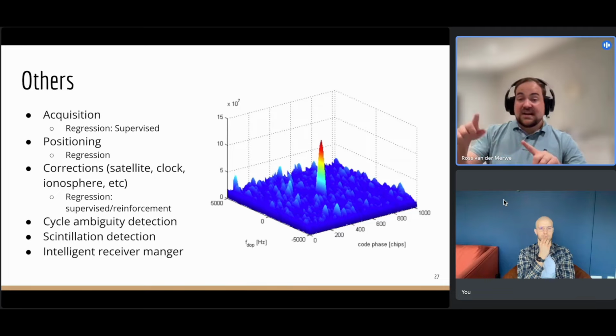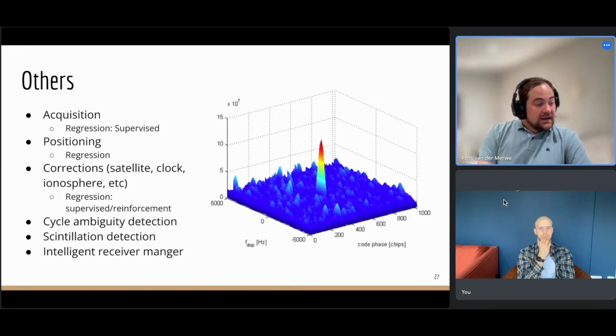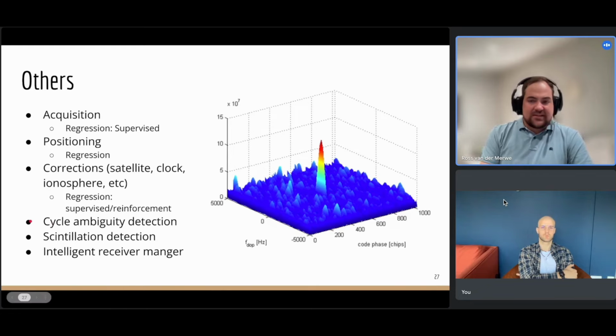Or if there's a cycle slip that you missed, it just breaks your positioning. You have to go back to it and fix it. And this is something I think could be really interesting for ML tasks to try to figure out: can I detect a cycle slip? Can I fix it? And can I help RTK to be slightly more efficient? Yeah, because ambiguity fixing is a bit of a nightmare.